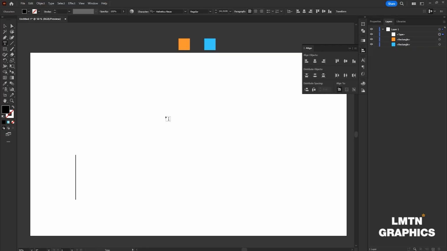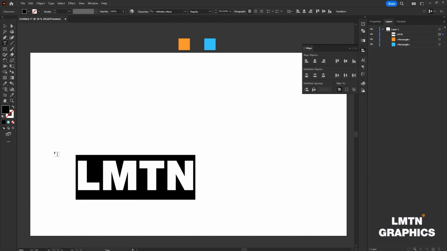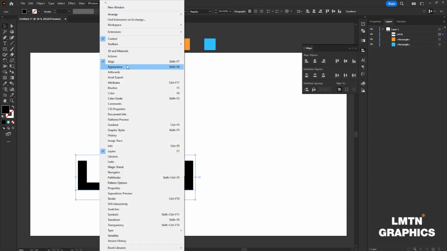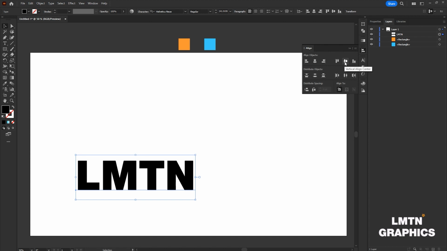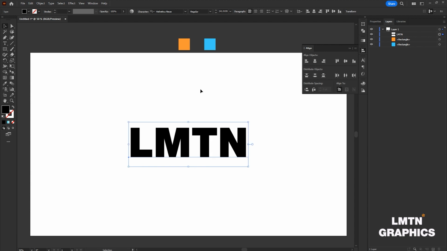Hello again. After we open Illustrator, we go directly to write text or a sentence. For me, I write LMTN. I select all and click to align for change. Place this sentence in the middle. Go to Windows, Align, and here check vertical align center, click, and here horizontal align center, click. You see,